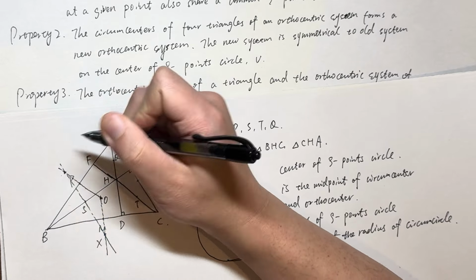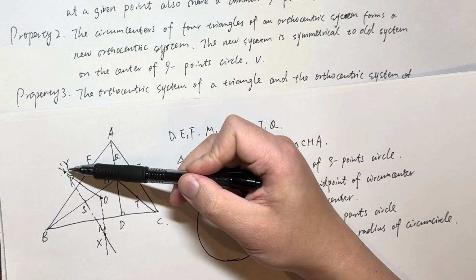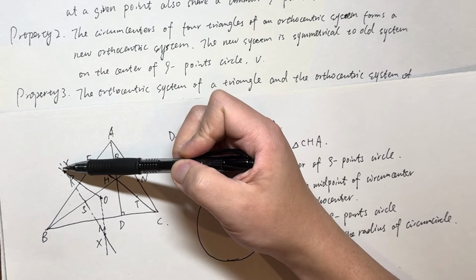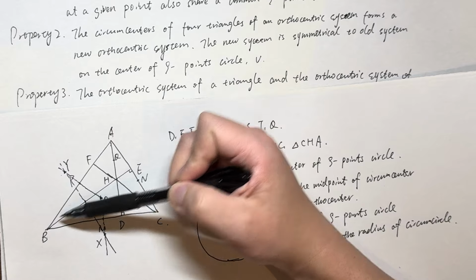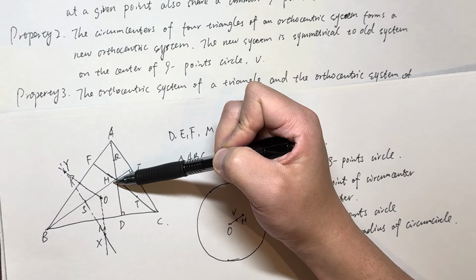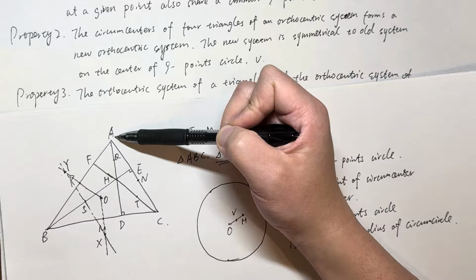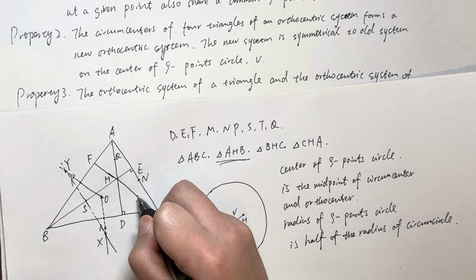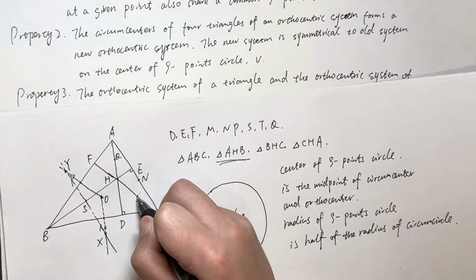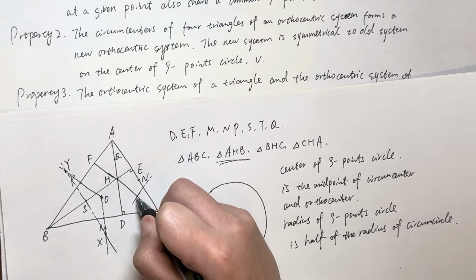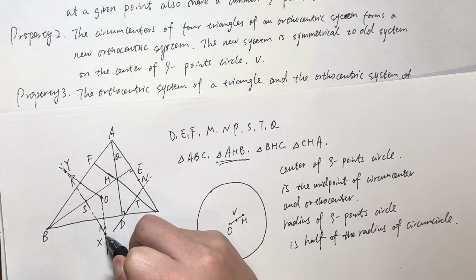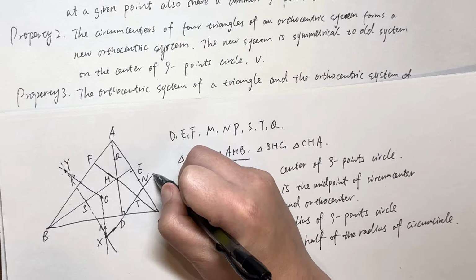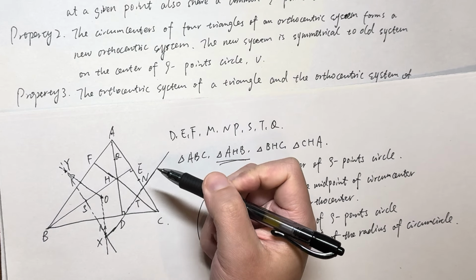Also, this point is a circumcenter of the triangle ABH, right? Because it is an intersection point of the perpendicular bisector of segment BH and the perpendicular bisector of segment AB. Similarly, for here, we know that the perpendicular bisector of CH meets on this point, right? It's not that good a drawing. Anyway,